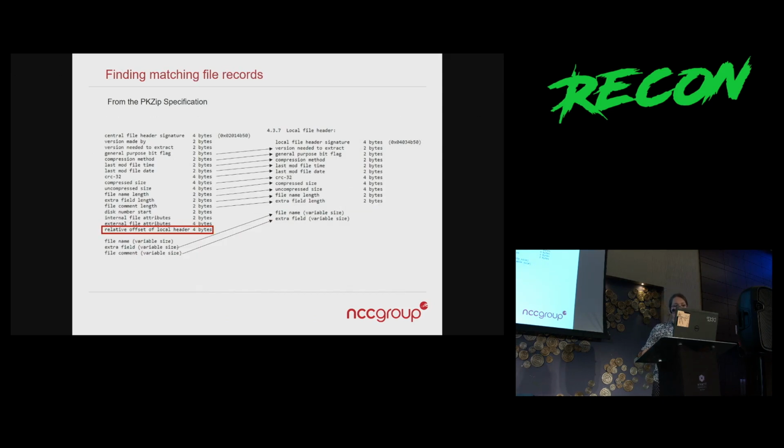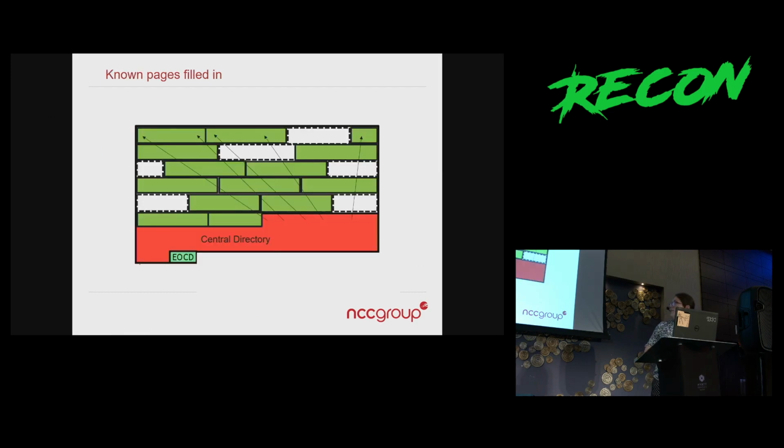the fact that the local file headers are entirely constructed of data that you can find in the central directory headers. We make a fake central directory header, and we then just go searching for that in the dump, and we can then place that page in the target location, which we know from the local file offset for each of the zip files. And that fills in the pages like this, and that's pretty much as far as I